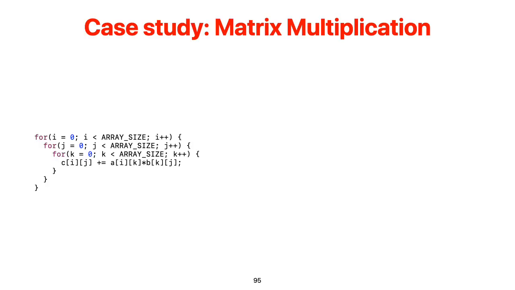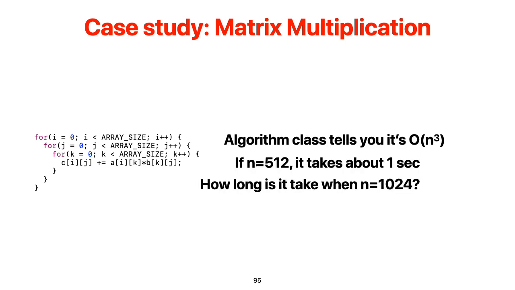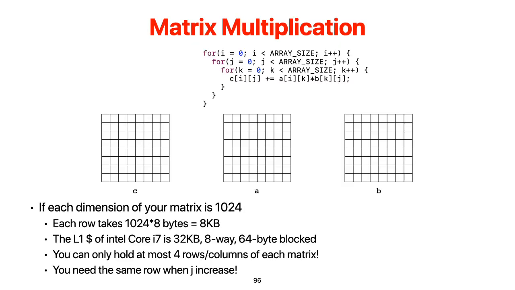And another optimization that is a common practice is called tiling. So for example, matrix multiplication, by default we use a 3-level nested loop. However, if you consider this 3-level nested loop, and if you have a 1K by 1K matrix, then each row itself already takes 8 kilobytes. So if you have a 32 kilobyte cache, it can only give you at most 4 rows and columns